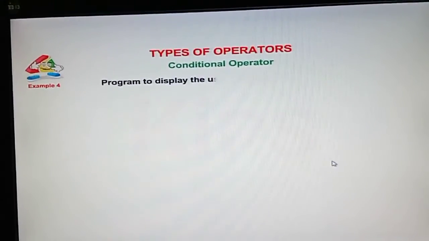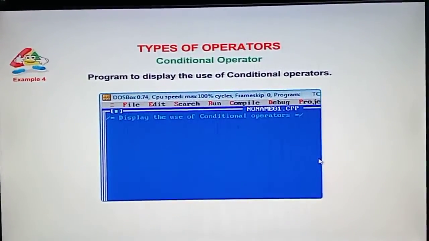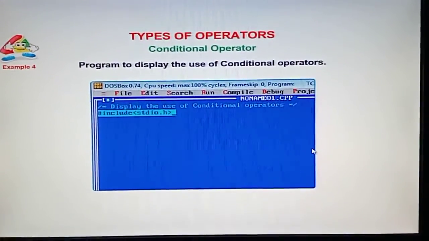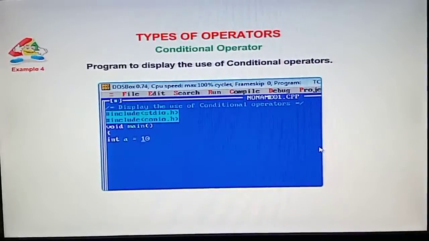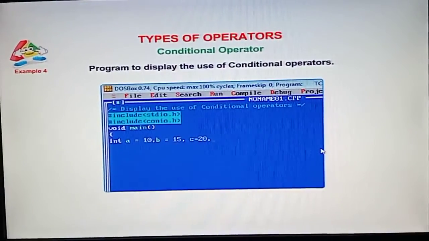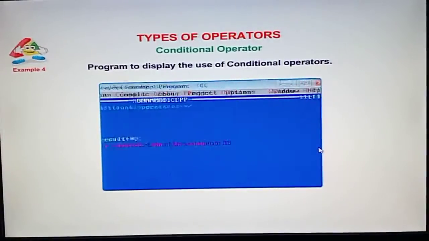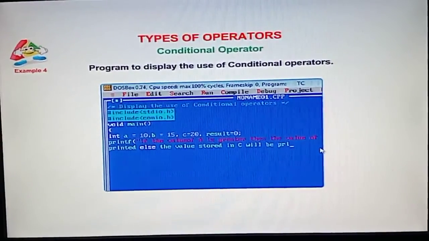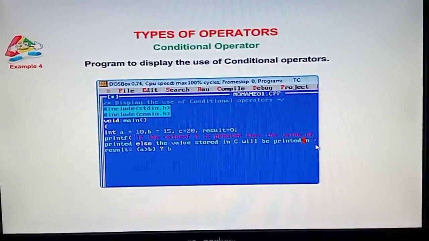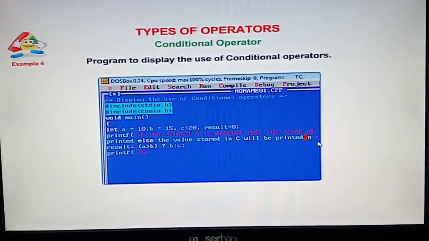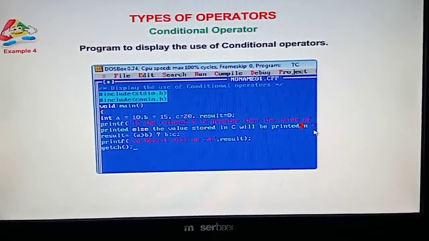Example 4. Program to display the use of conditional operators. /* display the use of conditional operators */ #include <stdio.h> #include <conio.h> void main() { int a = 10, b = 15, c = 20, result = 0; printf("If the value of a is greater than the value of b, then the value of b will be printed, else the value stored in c will be printed.\n"); result = (a > b) ? b : c; printf("\nresult will be %d", result); getch(); }